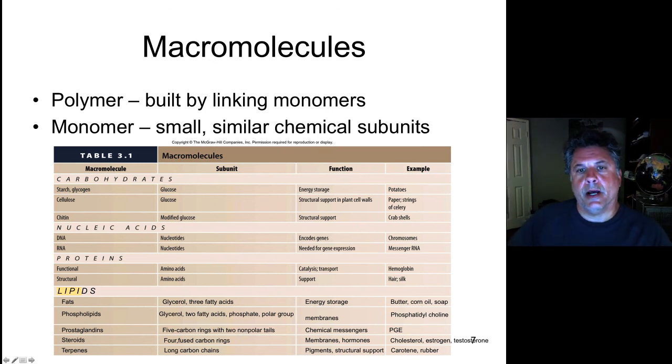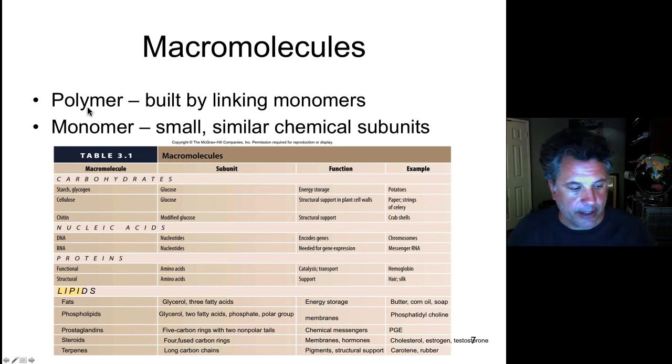In our next part of this lecture, we'll tackle the carbohydrates, nucleic acids, proteins, and lipids, and we'll give examples of these. And we will talk about a particular type of chemical reaction that is used in the polymerization of monomers into polymers. And that's what we'll pick up with in the next part.